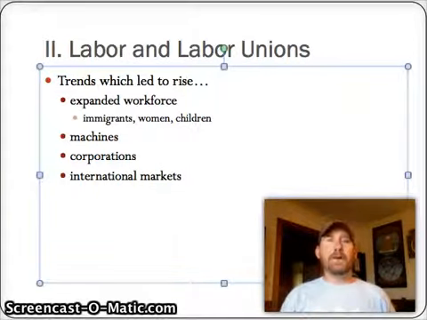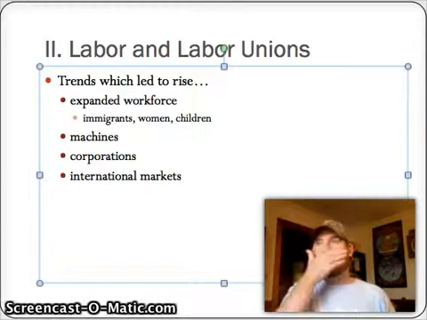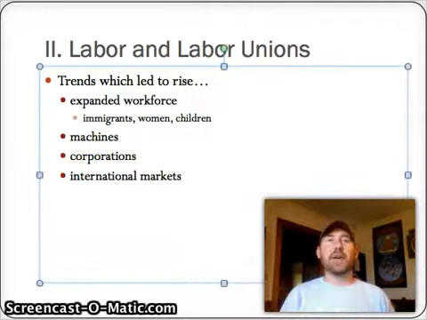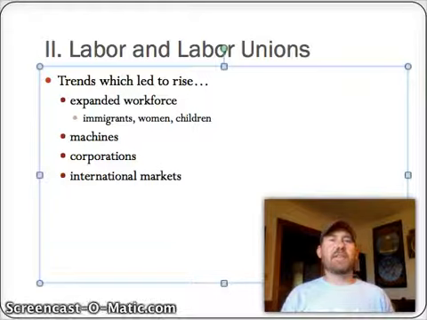As that happens, labor becomes more and more expendable. There's no longer any craftsmanship or, to be honest with you, a lot of skill involved in working in a factory. Basically, if you can punch buttons and pull a lever, you're good to go. So in response to that, you see labor organization come up in opposition to these machines.